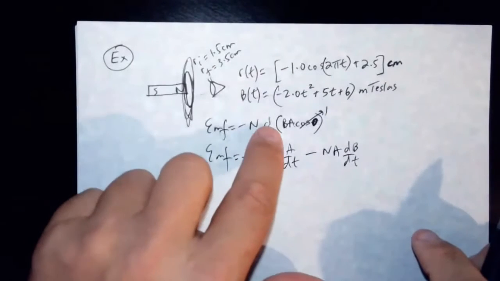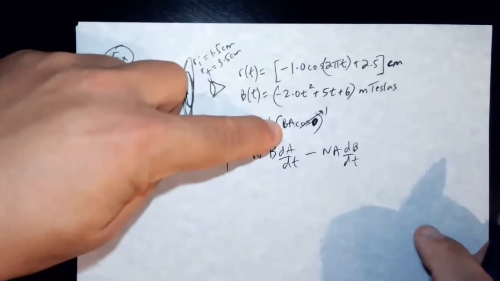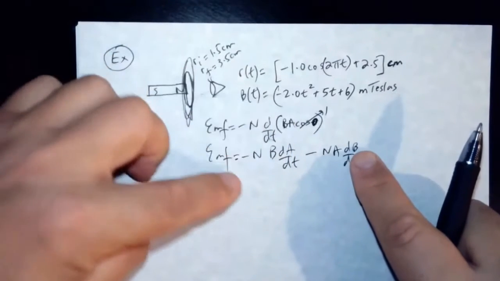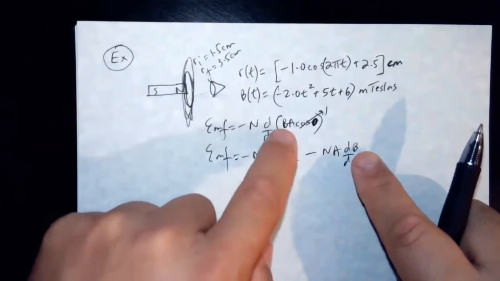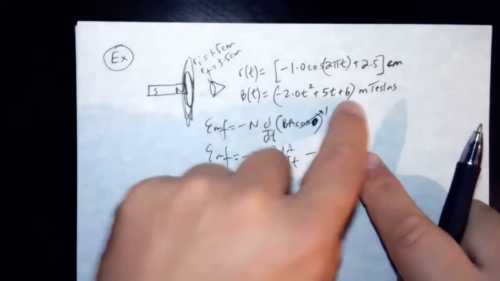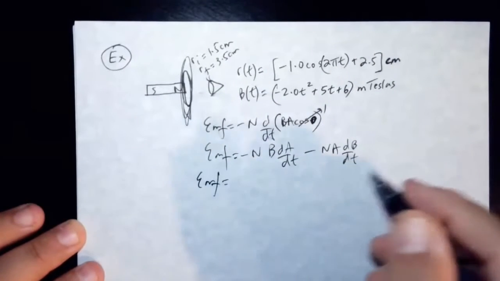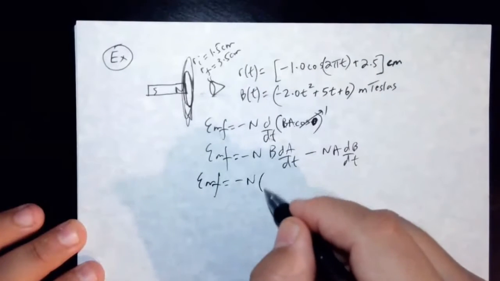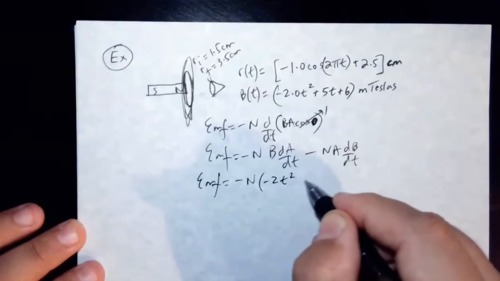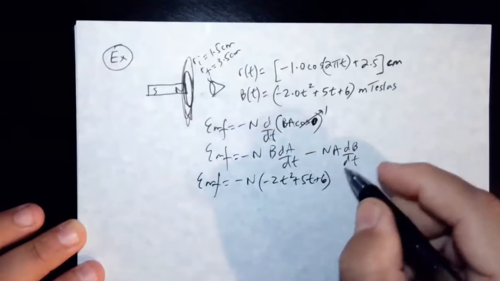Right, so you just simply apply the product rule, take the derivative of this times that, and then take the derivative of that times this. Then you put the B function that you have, and then the B is going to be that negative 2t squared plus 5t plus 6, and then times 10